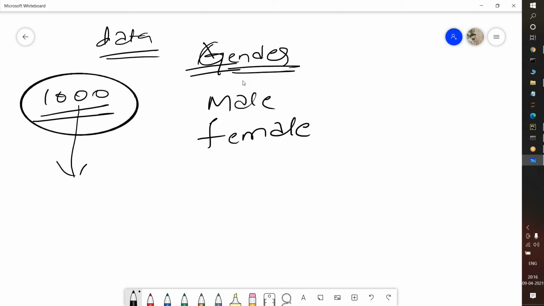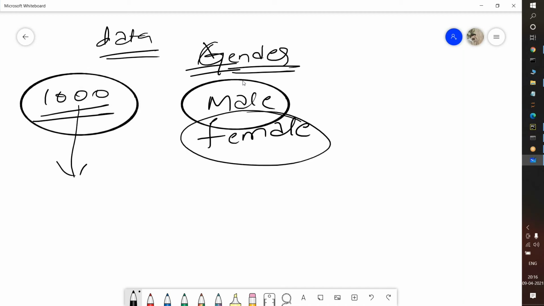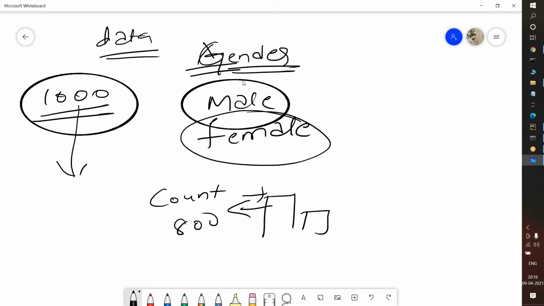In these 1000 rows, I need to find out the count of male and female. So if you use the count plot, what you will get? It will show like this. This indicates 800 in the entire 1000 observations belong to the male category and 200 belong to the female category. This is the purpose of using count plot.